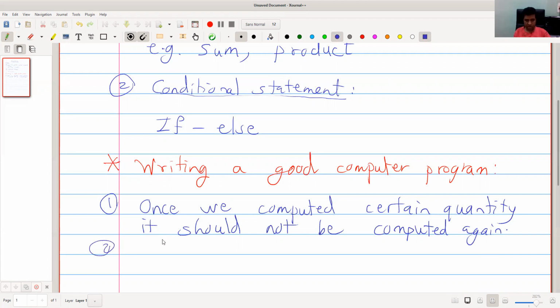Second thing, we should not utilize the memory unnecessarily. So if there is need, then only we should save that thing. Otherwise, we should replace the things. Whatever is not important to us in the next step should be replaced. That memory space should be replaced.